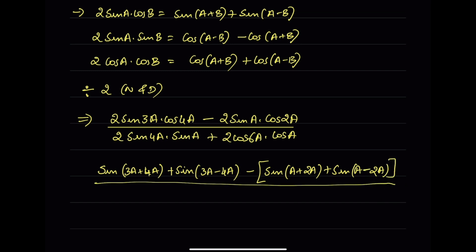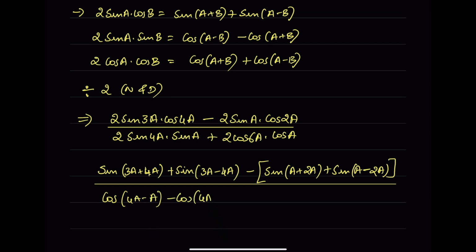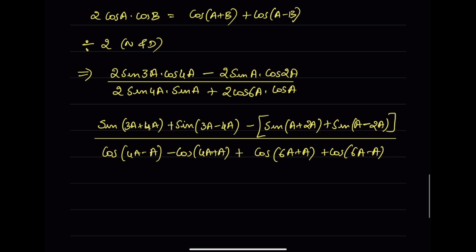and this denominator would be 2 sin a sin b. So we are going to apply cos of a minus b, which is 4a minus a minus cos of a plus b, then plus cos of 6a plus a plus cos of 6a minus a. Okay, so there is no bracket here, we don't need that. Okay, now let's start simplifying this. We would get